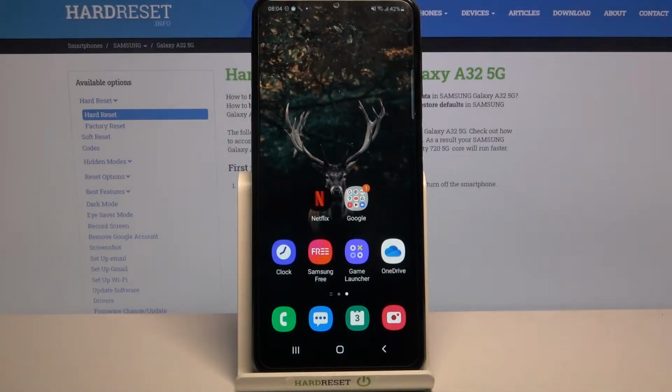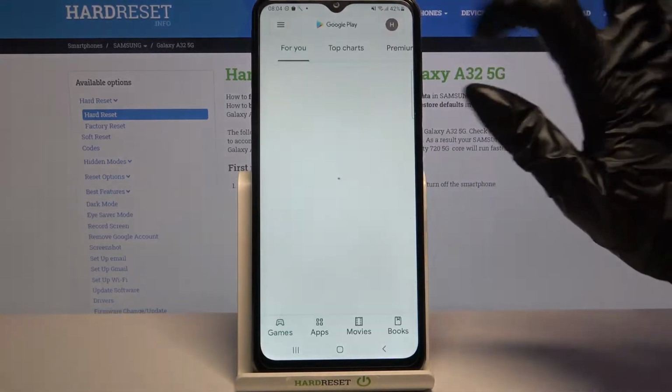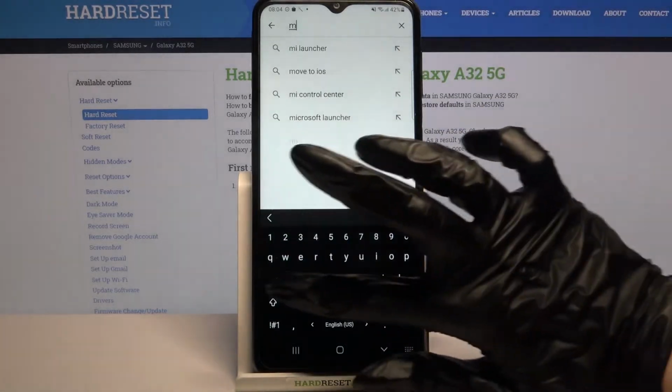Hi, in front of me is Samsung Galaxy A32 5G, and today I would like to show you how you can download and apply animated wallpaper called Magic Fluids. Firstly, open Play Store. Now type Magic Fluids